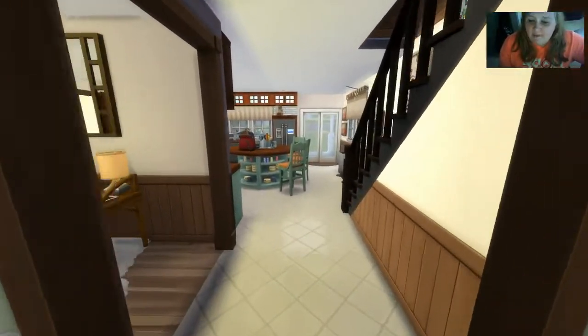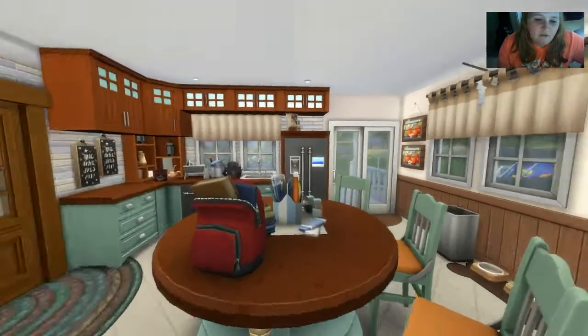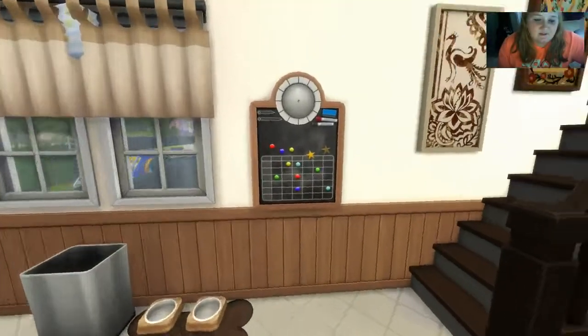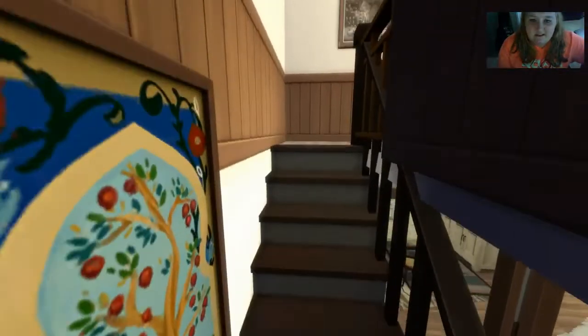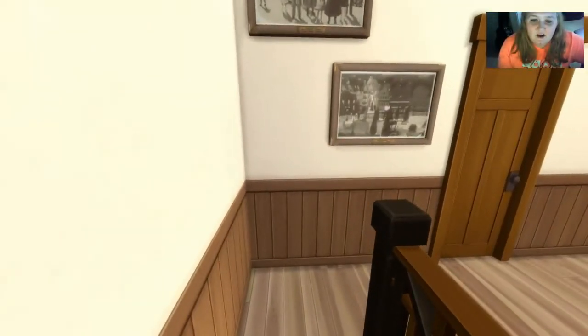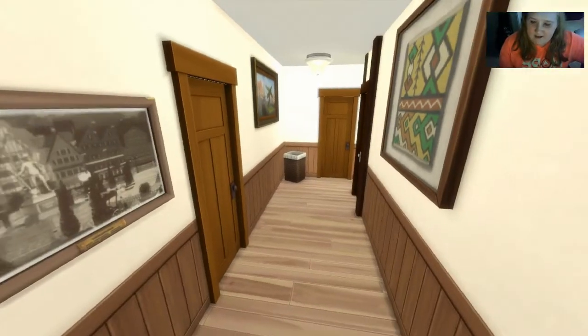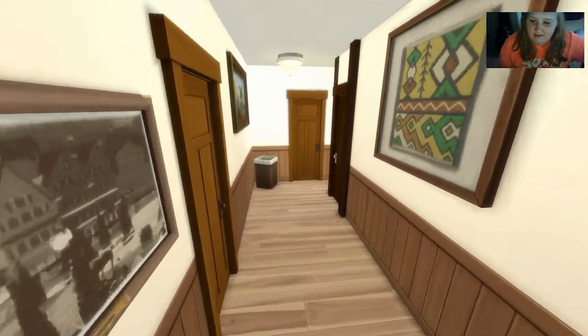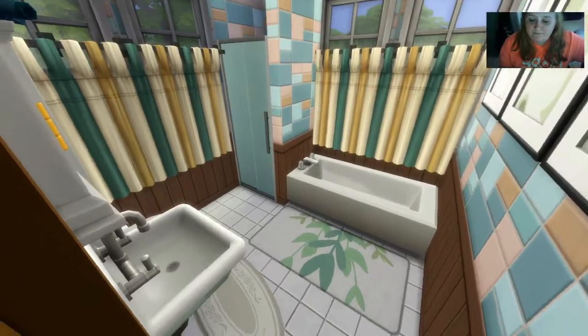And then if we come back out to the kitchen and we go upstairs, we will take a look at the outside last. I'm super excited for you guys to look at the outside. I really did my best and amped it up a notch. I really wanted it to look good. So when you walk upstairs, there is a long hallway this way, and if we go in through this door,